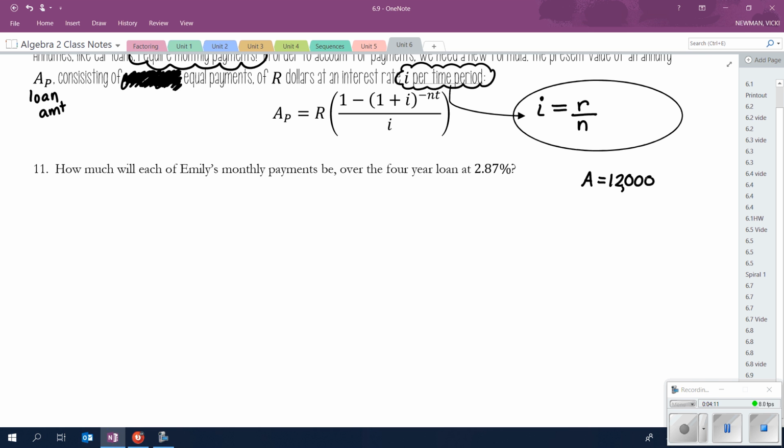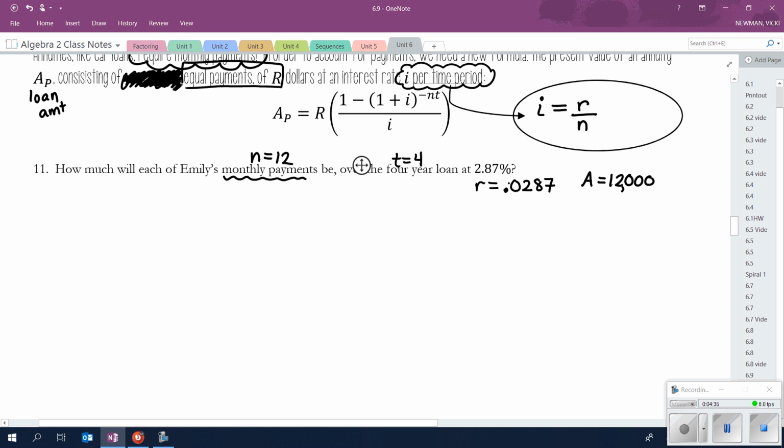The rate. So r is 0.0287. What else? Time. T is 4. And they do tell us monthly payments, so N is 12. What are we solving for? R, equal payments, right? Payments of R dollars. So we're solving for R. A is 12,000. R times